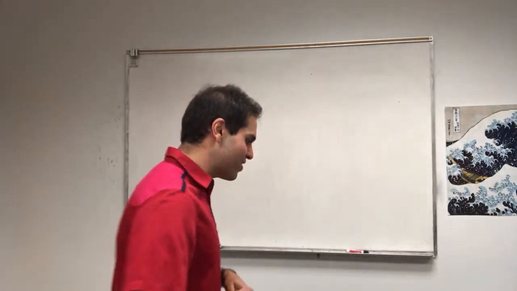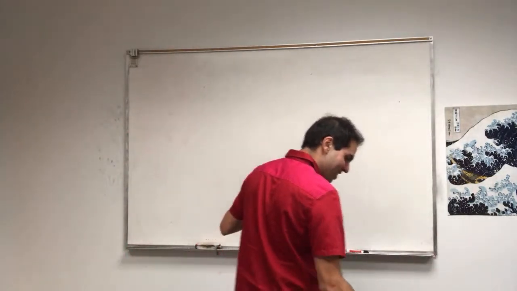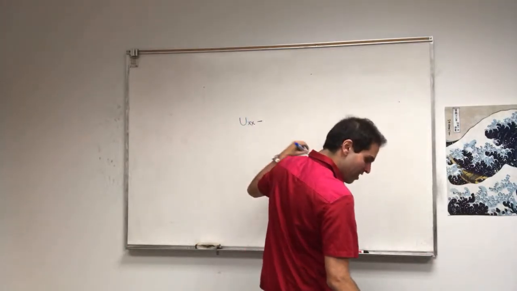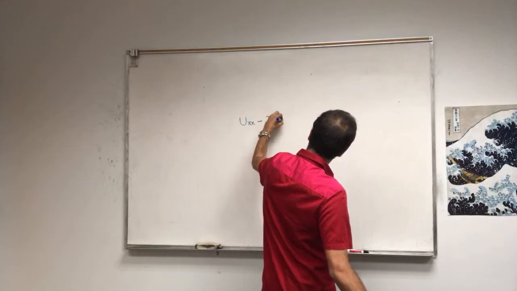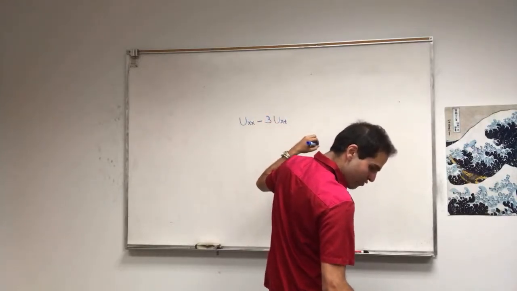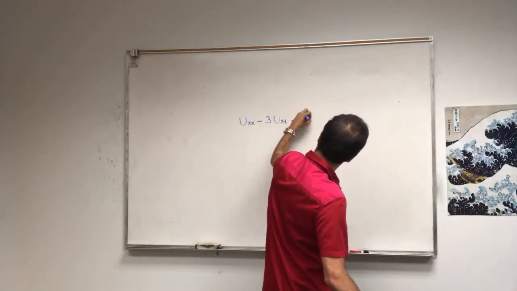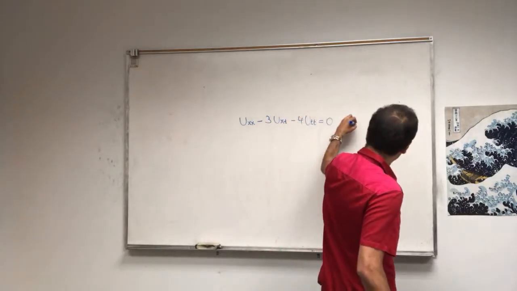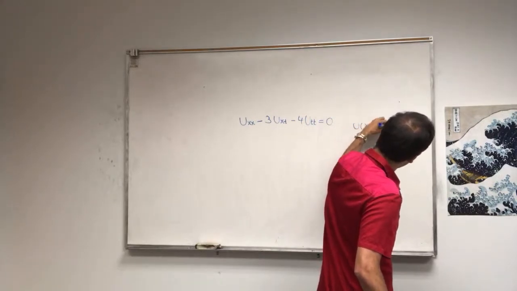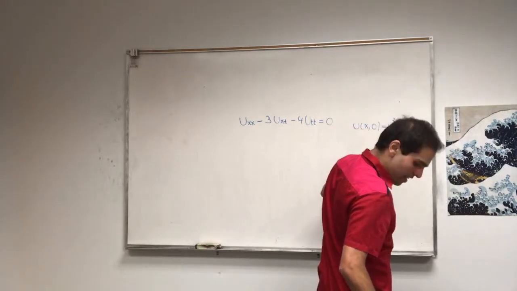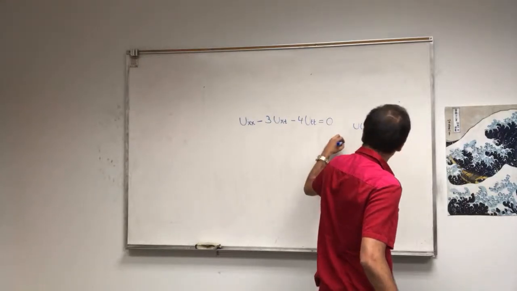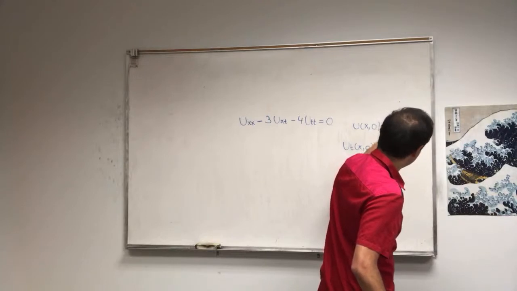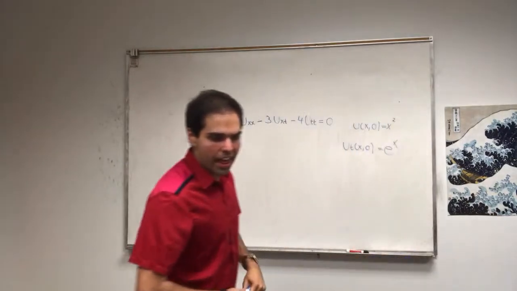So the question is: solve a wave-like equation, uxx minus 3uxt minus 4utt equals 0, with the initial condition u(x,0) equals x squared and the initial velocity ut basically e to the x. Okay, then